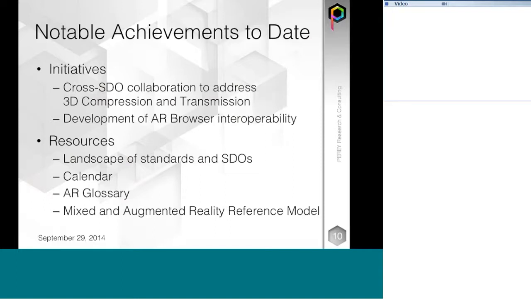So we also have achieved quite a lot in this period of time. We've fostered and helped promote this collaboration between MPEG, Khronos Group, Web3D Consortium, and even the Open Geospatial Consortium to address 3D compression and transmission, some open and interoperable systems for 3D compression and transmission. We also have worked with the publishers of AR browsers, and we developed an interoperability pilot and proof of concept. We developed an architecture that was then implemented and released in May of 2014. We've also on our portal published landscapes to show where the standards are and what the SDOs, the Standards Development Organizations, do. We have a calendar of meetings that we maintain, the glossary of terms that are used in augmented reality. And we are going to tell you today about this mixed and augmented reality reference model that started